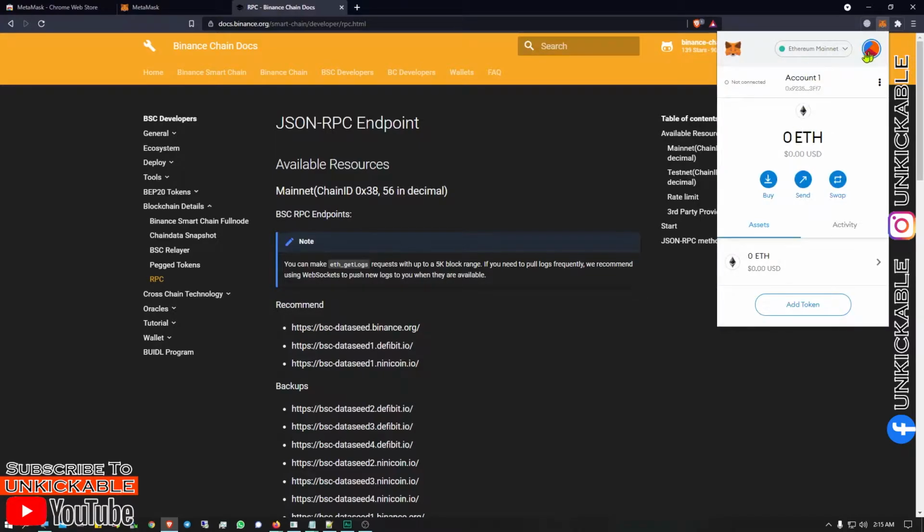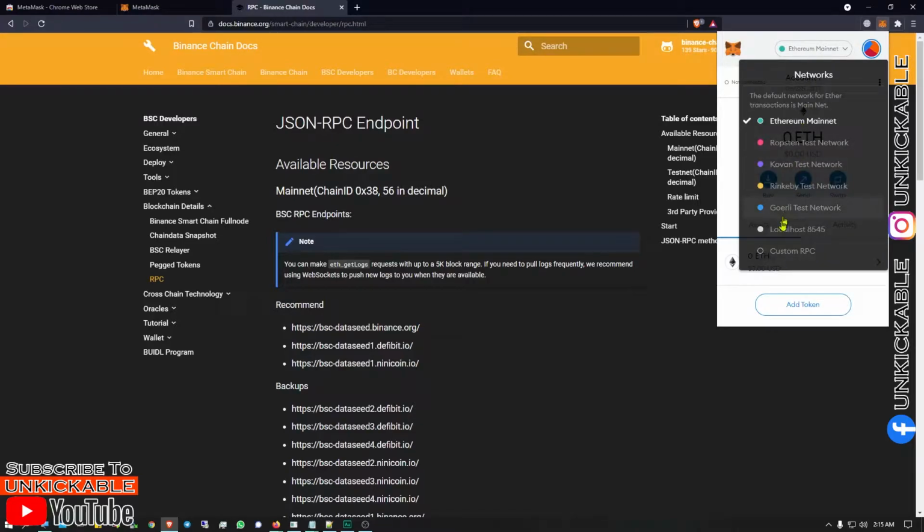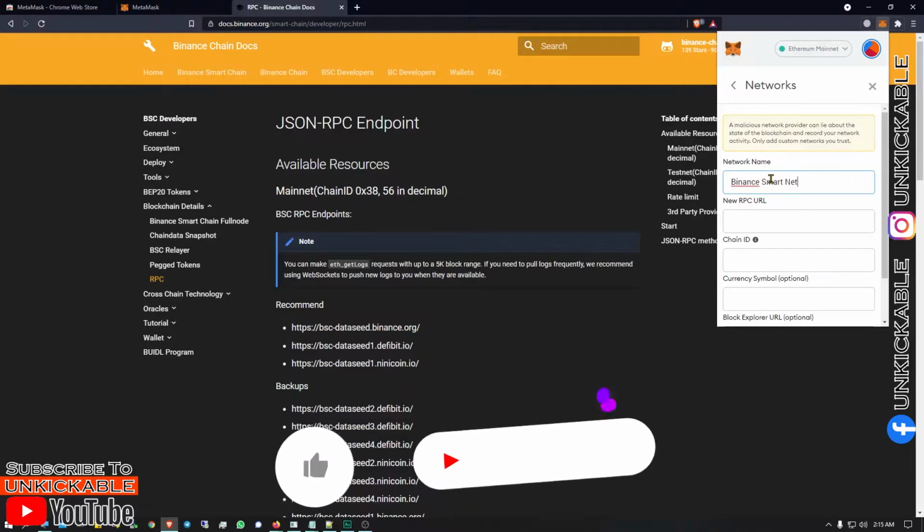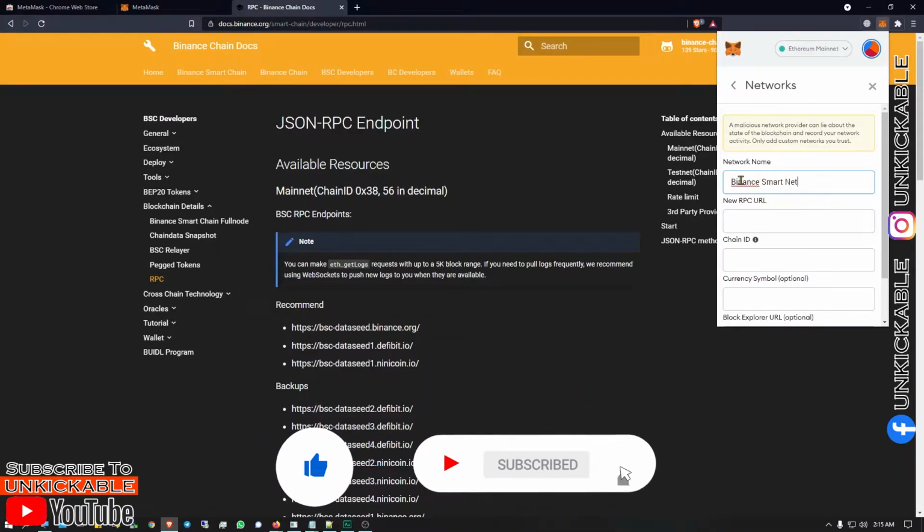So click on this, and over here click on Ethereum and click on custom RPC, because we are going to create this new RPC. You can write any name, it's just for your identification.